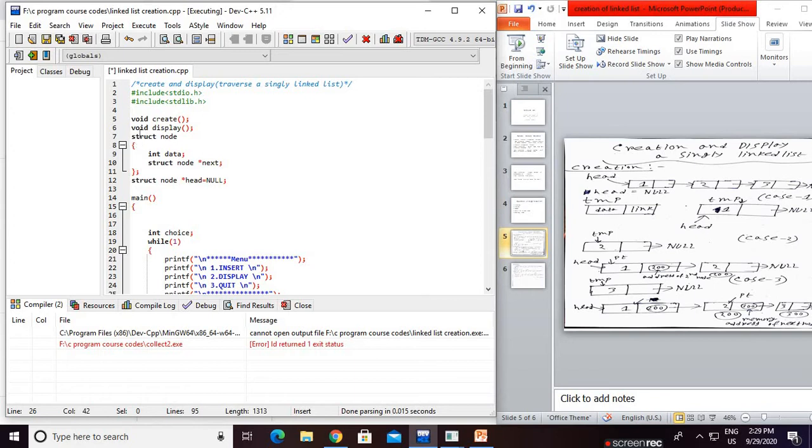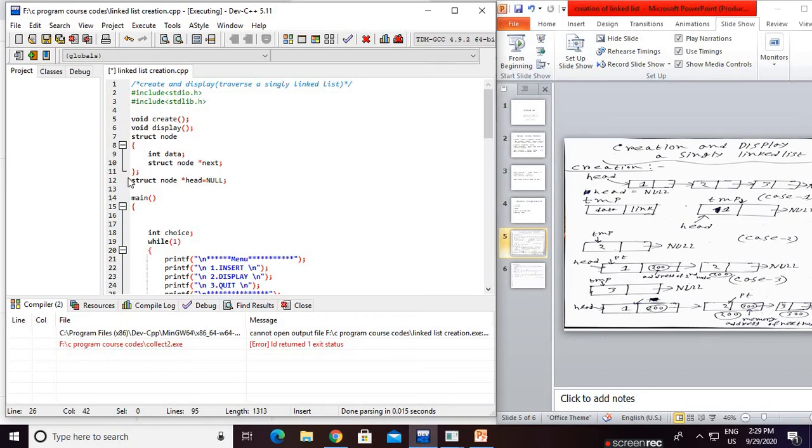We declare a structure by using the struct keyword. So for creating a linked list, we use this struct node with data and struct node star next. That means for creating a linked list, we use the self-referential structure. Now, two members, data and star next. If you ask me, sir, why are there just two members, why not more than two? Because a node has just two parts. One is the data part, another is the next or address part. For that reason, I take the two members, data and struct node star next.